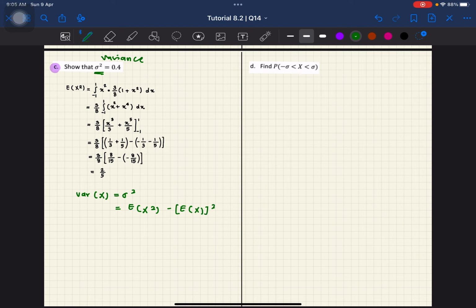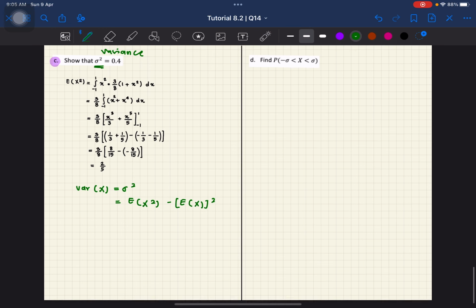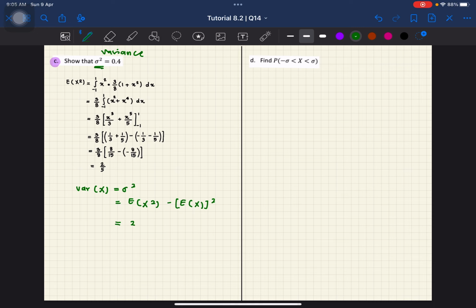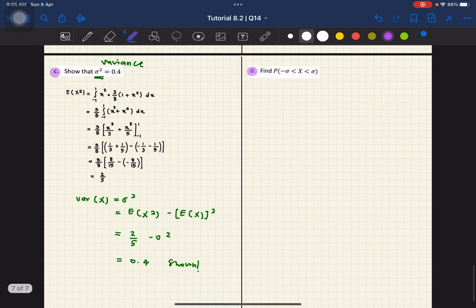square over here. Okay, so yang ini kita dah cari tadi dekat bahagian pertama. So tinggal nak cari yang ini sahaja. And saya dah carikan dekat sini untuk awak. Okay, so sekarang just masukkan sahaja dalam formula. So you will get 2 over 5 minus 0 square. So dapatlah 0.4 show. Settle. Alright, last part. So last question, dia minta kita find probability of negative sigma less than x less than